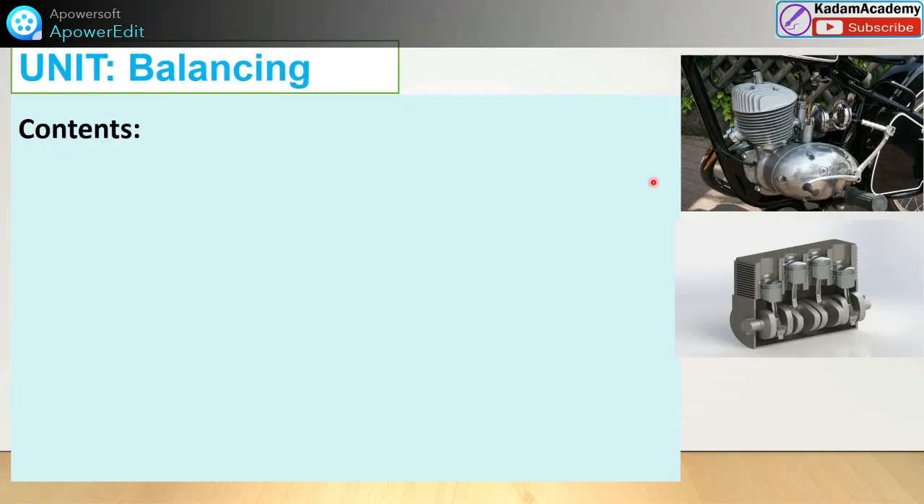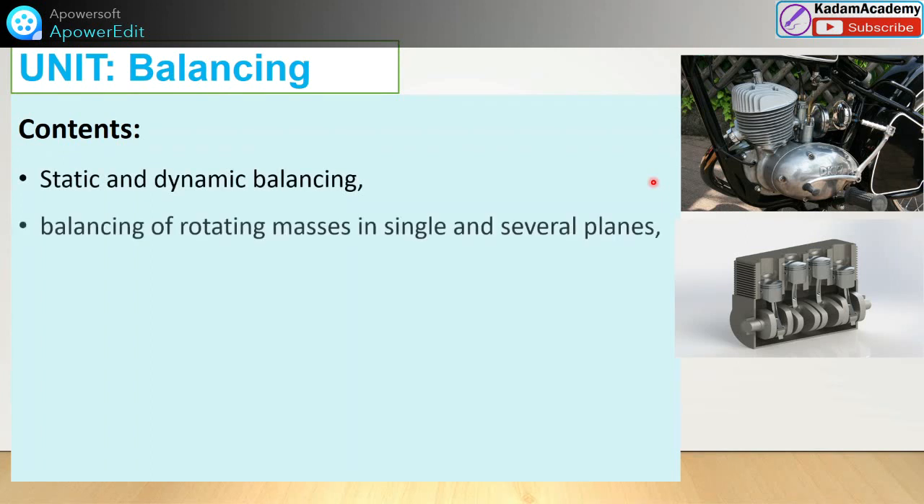Friends, what are the contents of balancing that you are going to study while you are in engineering? These are the contents: static and dynamic balancing, and balancing of rotating masses in single and several planes. You can visualize through these engines,